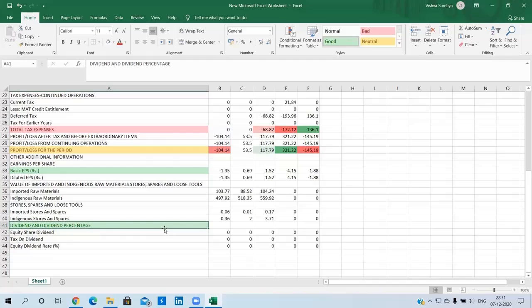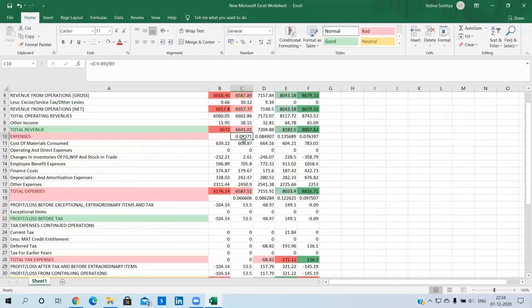Here I have applied the growth formula, that is present year minus past year, divided by past year. Their growth of revenue has been 0.09 and expenses 0.06. Hence here the growth of revenue is more, their income is more. The growth is 0.084 here, and here the growth has been 0.086. So it is almost equal, we can say.